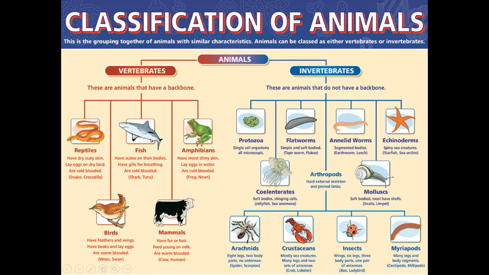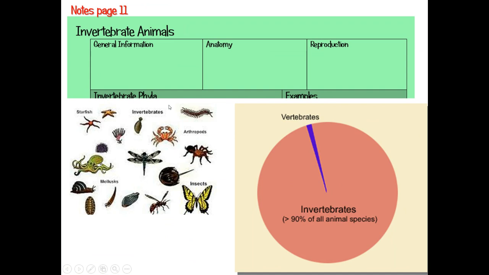All right, we're going to briefly talk about classification of animals this week, and then we're going to get more into details about this next week. The two main groups of animals are vertebrates and invertebrates. Vertebrates have a backbone, invertebrates do not have a backbone. Within this category, there are a bunch of different phyla, and under this category, there's actually only one main phylum, and then they break apart into the classes. That's what we're going to talk about next week. Right now, we're just going to talk about the difference between invertebrates and vertebrates.